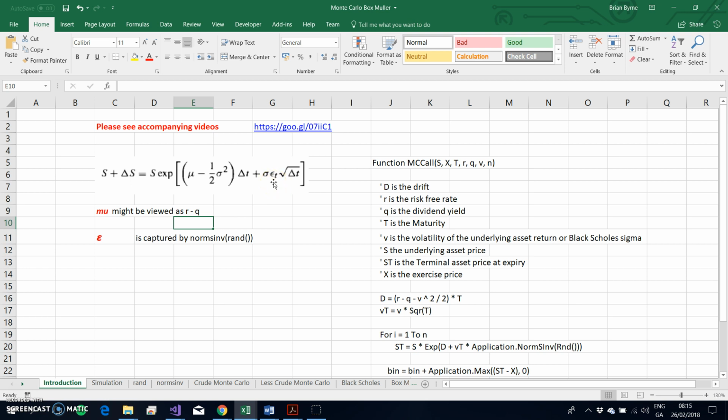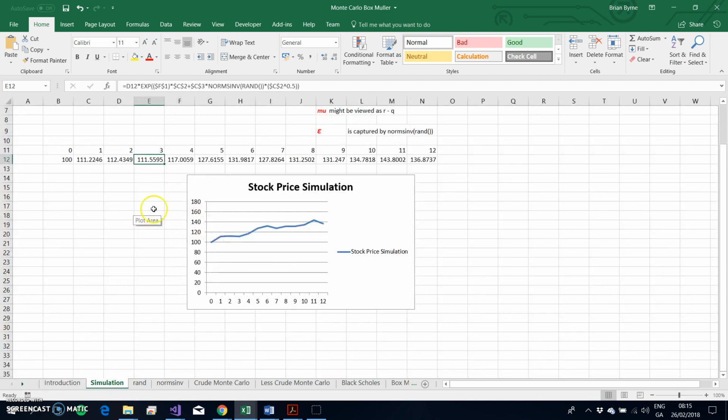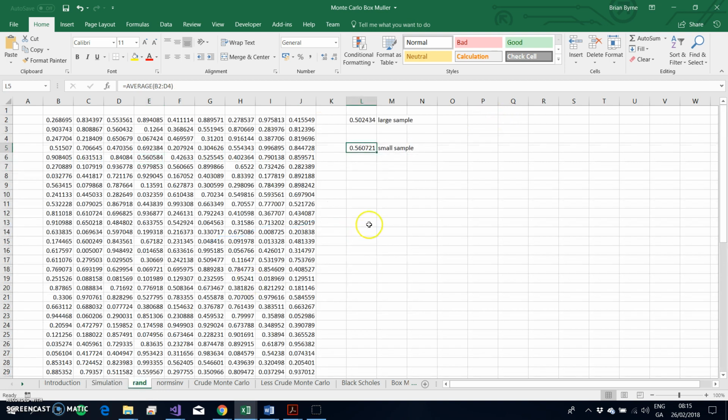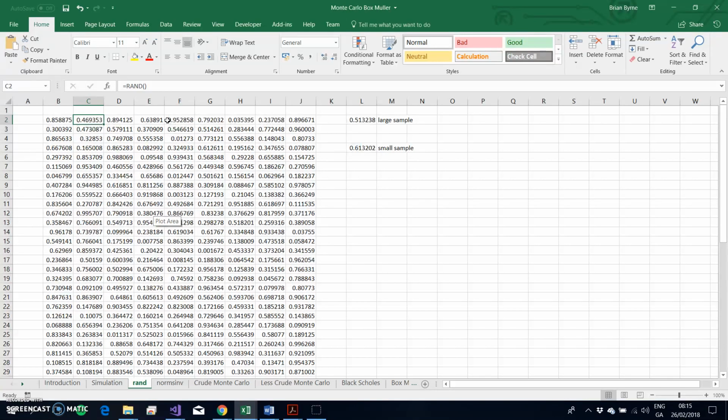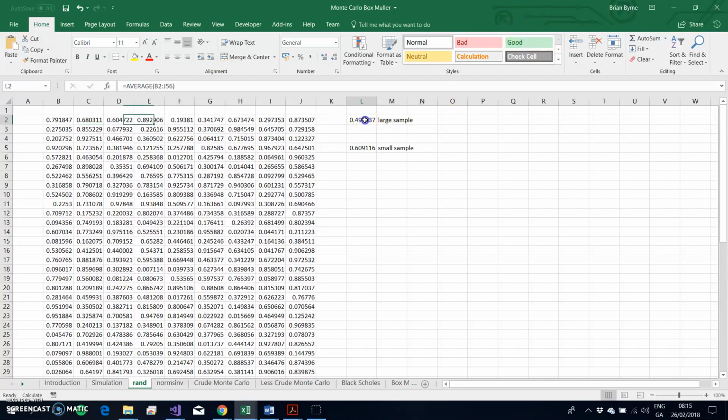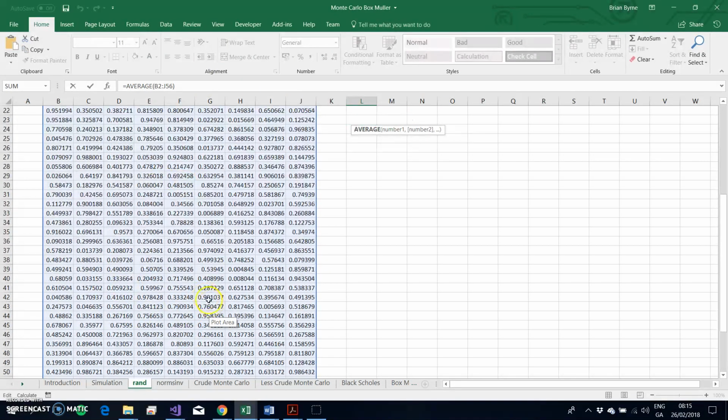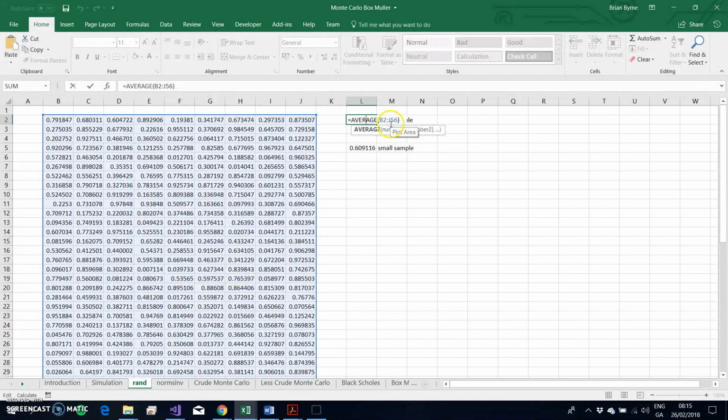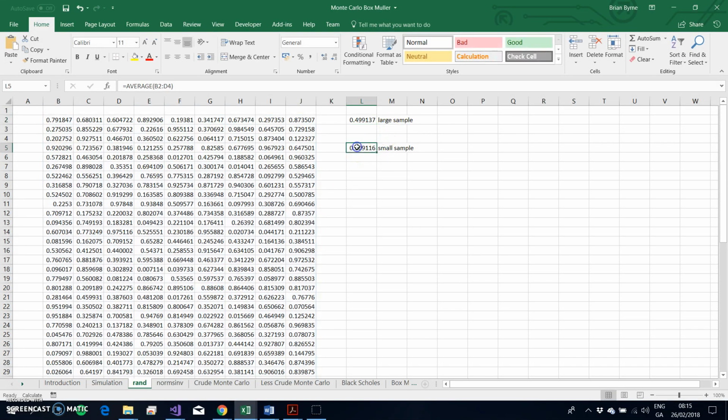Generating epsilon then is generally something that's relatively easy to do in Excel. We could generate epsilon by using RAND, which is a random number generator in Excel. Its maximum value would be 1, its minimum value 0. When we F9 here, the values update, and when we took an average of this pool of numbers here, the average would be 0.5, and for the small sample